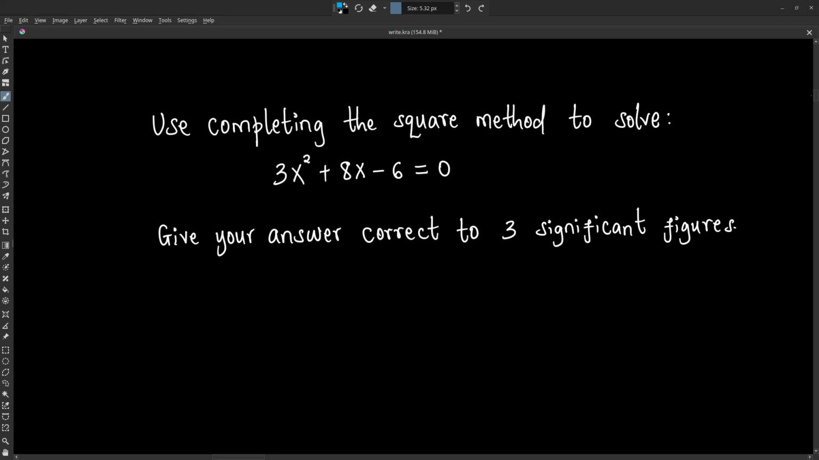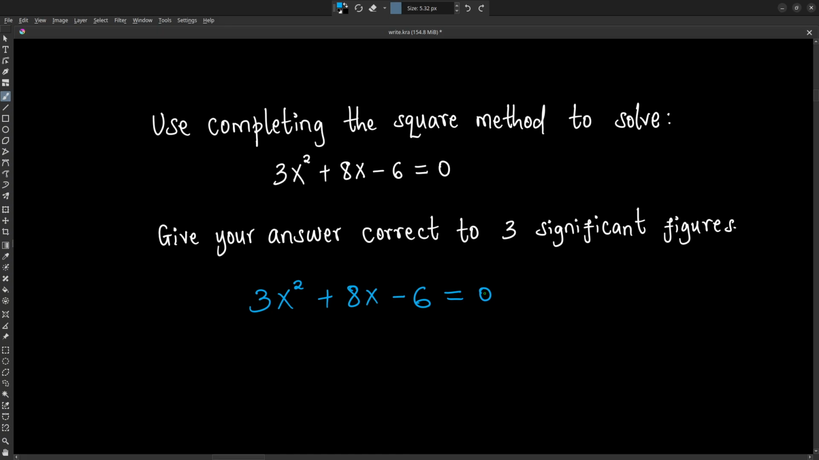Hello, in this question, we are told to use the completing the square method to solve 3x squared plus 8x minus 6 is equal to 0. Then give your answer correct to three significant figures. So let's start. We have the equation as 3x squared plus 8x minus 6, and this is equal to